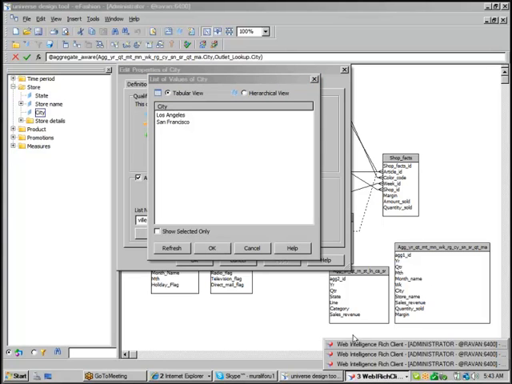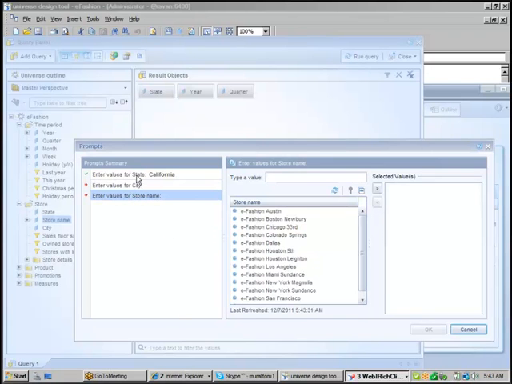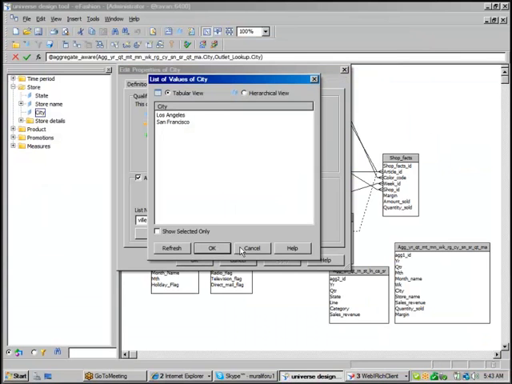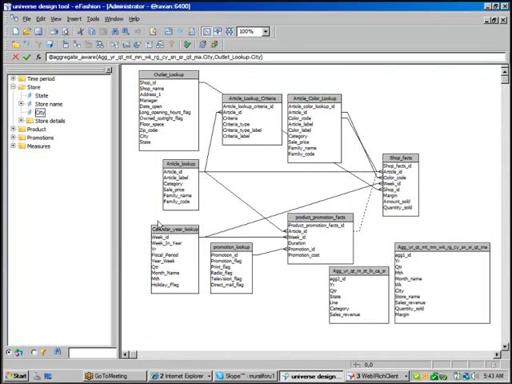But still there is a problem in the rich client. It is displaying all cities. Then store name, it needs to display only the selected store names, right? But still the report is showing all cities, all store names. As per the requirement, the cascading LOV is not working in the rich client. It needs to work.